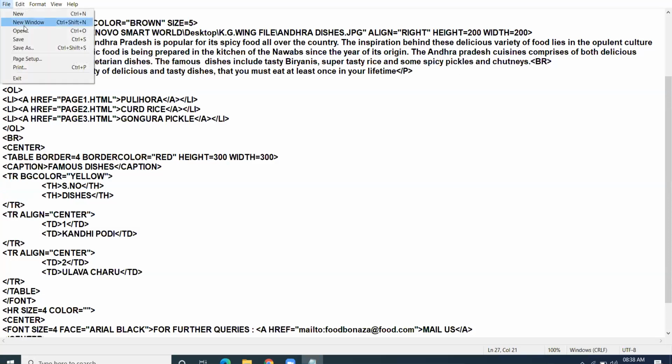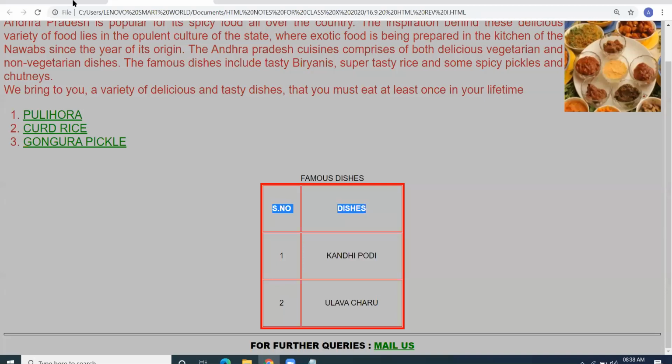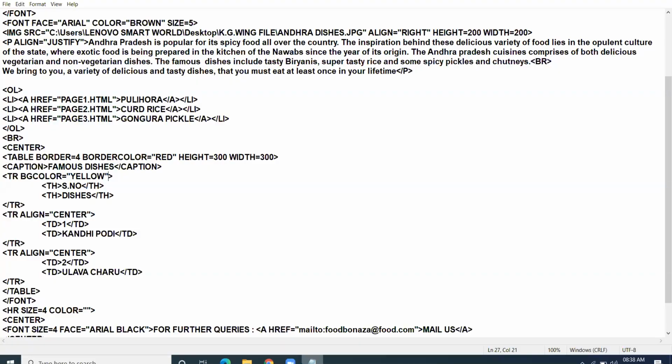You can apply BG color over here to make your header row yellow. One thing I want to tell you here: when your complete row is in the center, always take the align attribute in the TR tag.